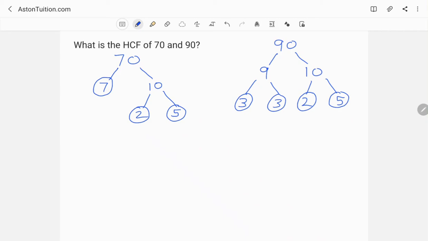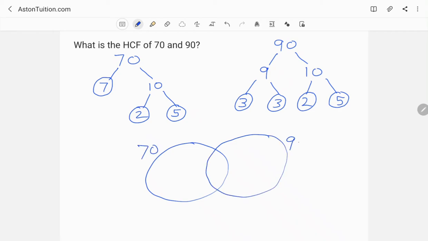Now, in order to get the highest common factor, we will have to do a Venn diagram. So there's 70 on this side and 90 on the other side. So we go through the factors. I'll start with the 2. So you can see there's a 2 on the 70 side and on the 90. So we tick both of them, and because they appear on both sides, we'll write a single 2 in the